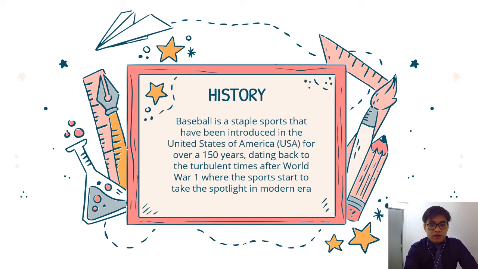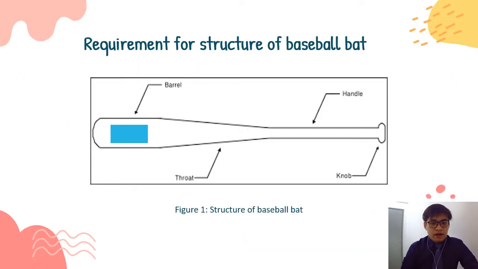tennis, golf, and baseball. But before we head into the main part, I will explain in brief about the history of these sports. Baseball is one of the oldest sports in America, and sticks were used as equipment when this game was first played. And by the time it had been officially organized as a team sport, the equipment also began to advance. The structure of a baseball bat can be divided into 4 parts, and 2 important parts that